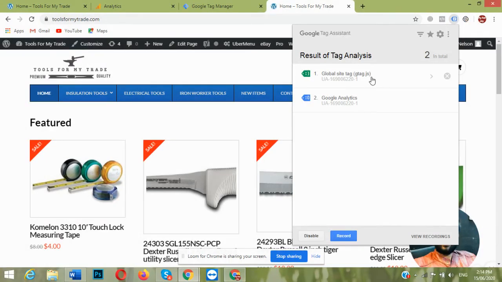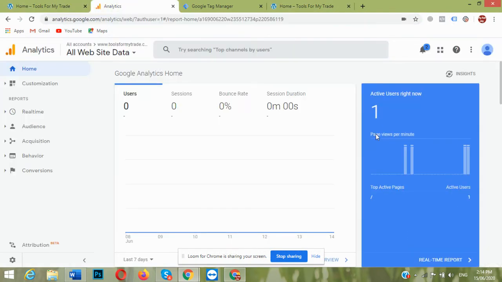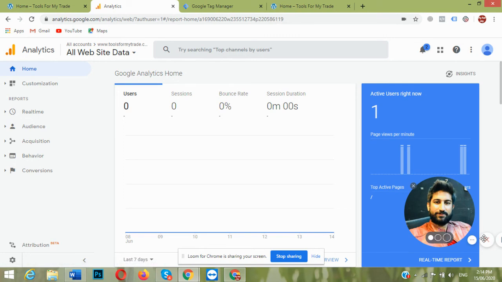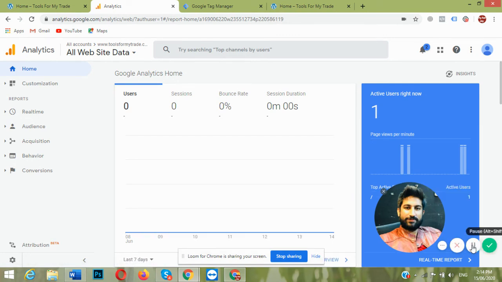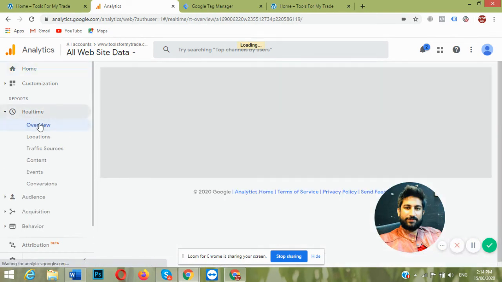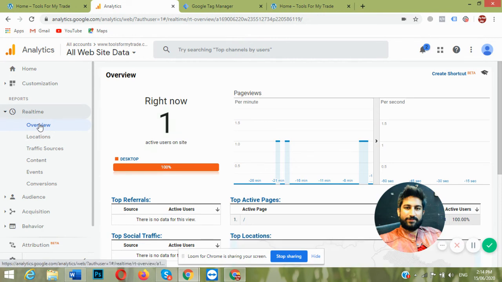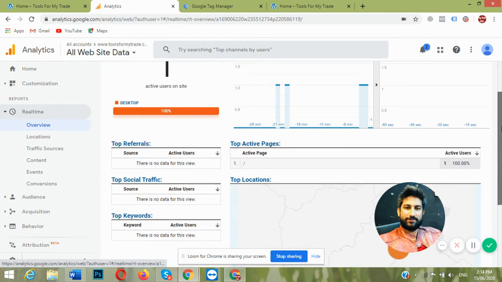So now Analytics is installed with the first way, which is adding the tracking code to the website. We added that code, and now we check whether this WordPress analytics is tracking traffic. Right now the active user count is 1. We can also check real-time traffic. The Real-time tab in Analytics is for tracking real traffic from the last 30 minutes.